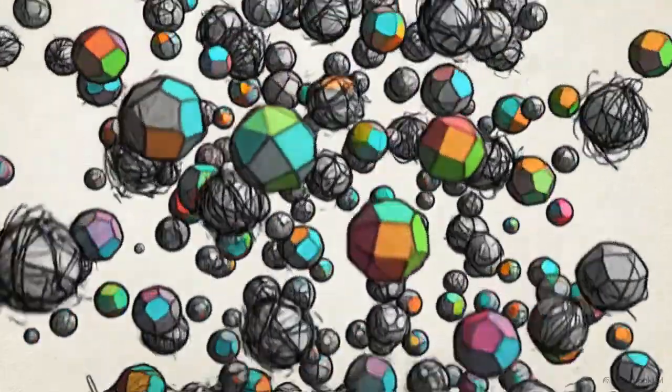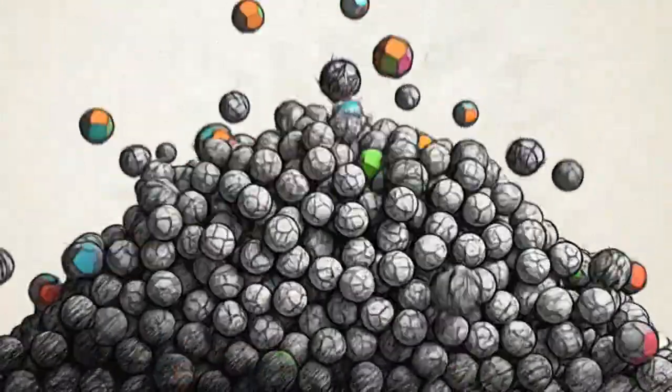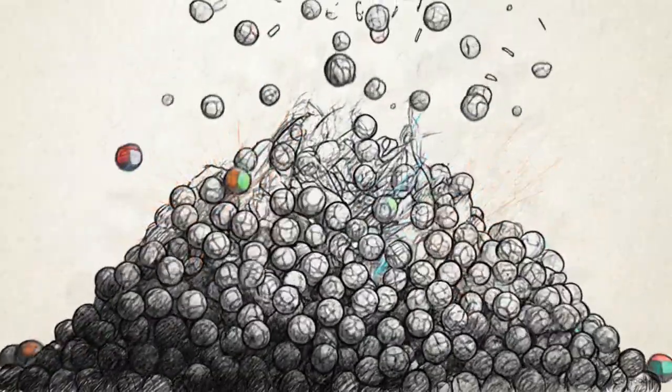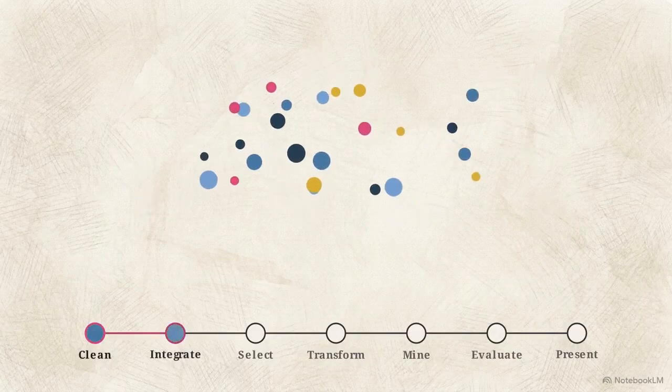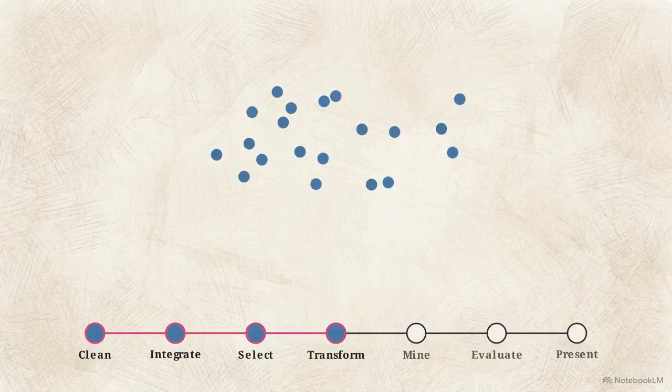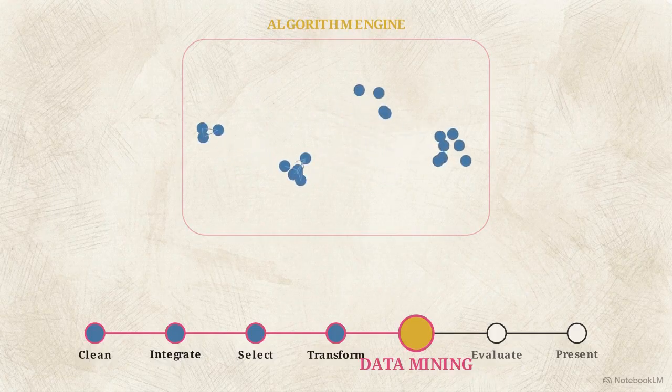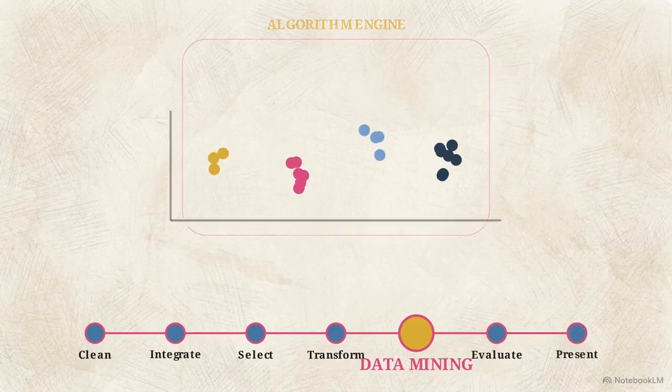Imagine this cascade of data. Every day, modern enterprise systems are flooded with millions of raw, unorganized points of information. Finding the value in this mountain of noise happens during the Knowledge Discovery in Databases process, or KDD. Data mining is the critical fifth step in that cycle, the moment where we actually apply algorithms to the raw